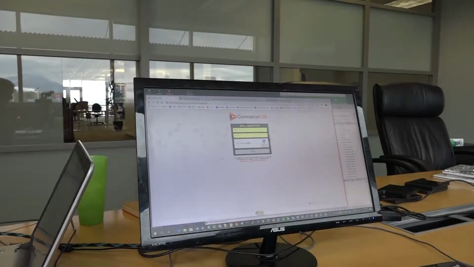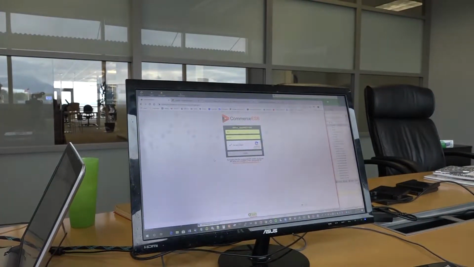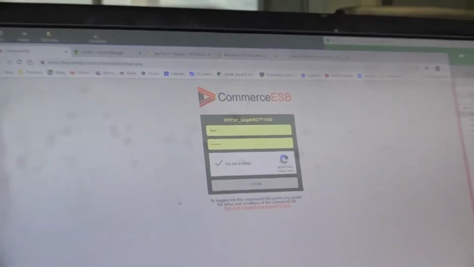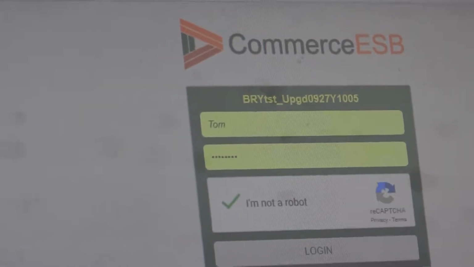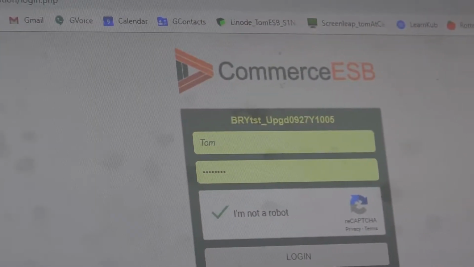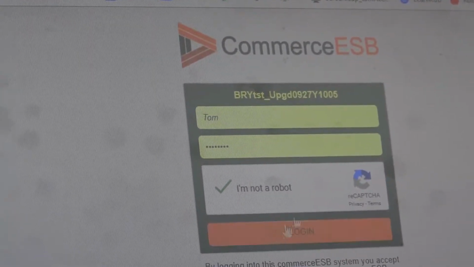So what I normally do is, if I set up a system, I take the first 3 letters of the store name or the person or whatever. So you'll notice that we've gone to bry.csbsys.com, and you can see that it's called BRY test. Okay, for Bryce. And we can easily change the first 3 letters, or we can make it 4 or 5 letters, whatever you want. But anyway, this is one of our normal test systems,